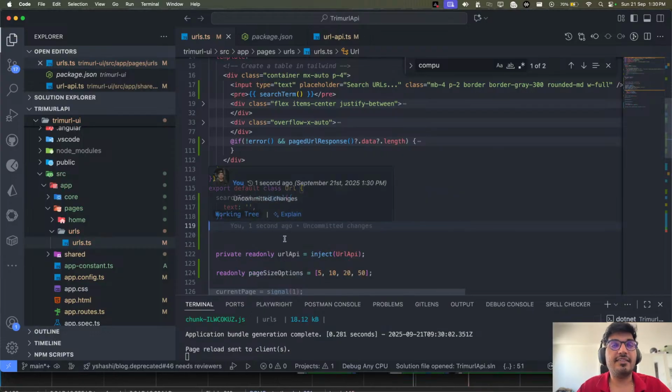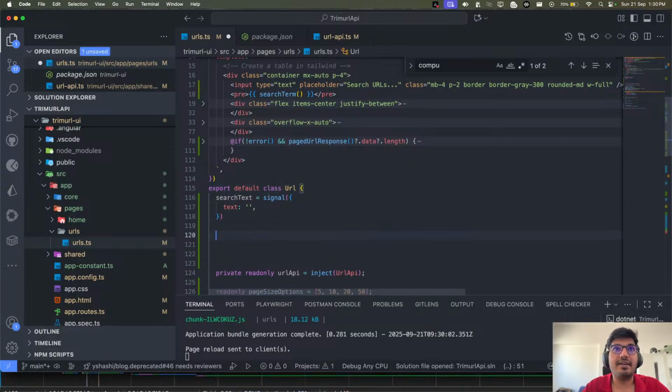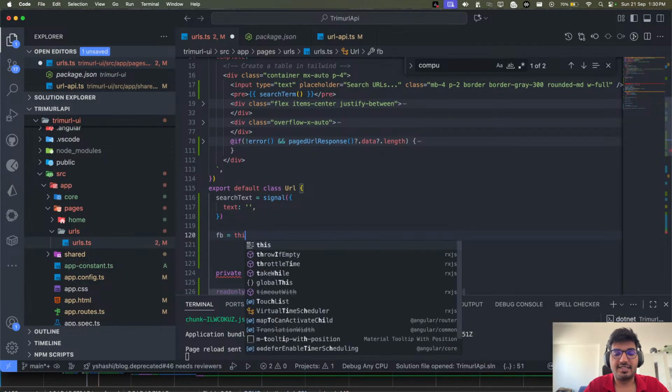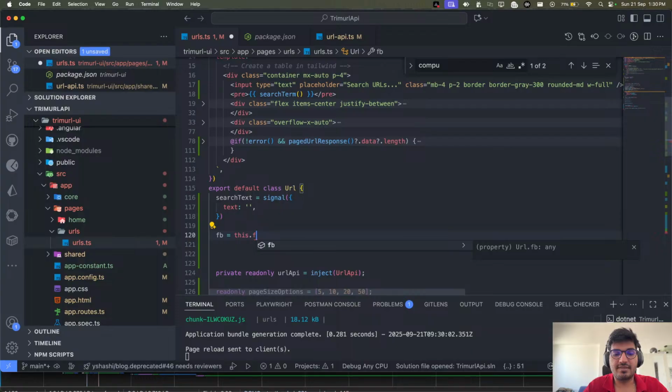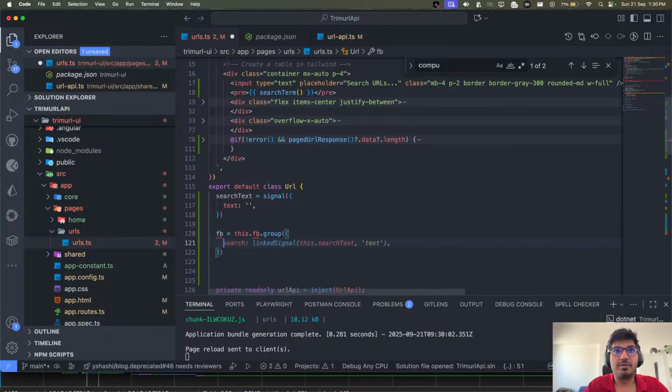Okay, so imagine if I had to do this in reactive form, then you remember we create this.form builder, we use the form builder.group, and then we have created something like that. If I show you, there will be something like this.fb.group, and inside the group we will have search, and then we could have done something like this, correct? This is going to be my form.